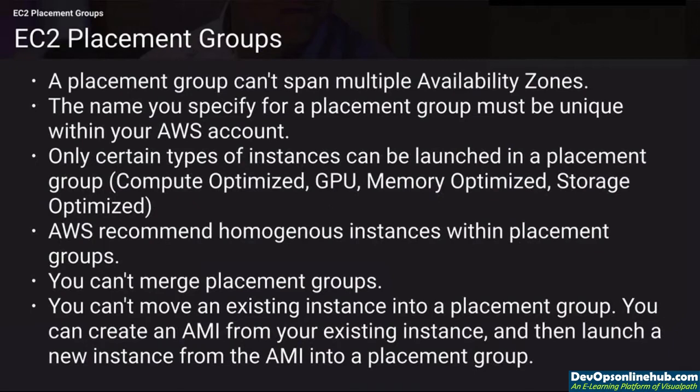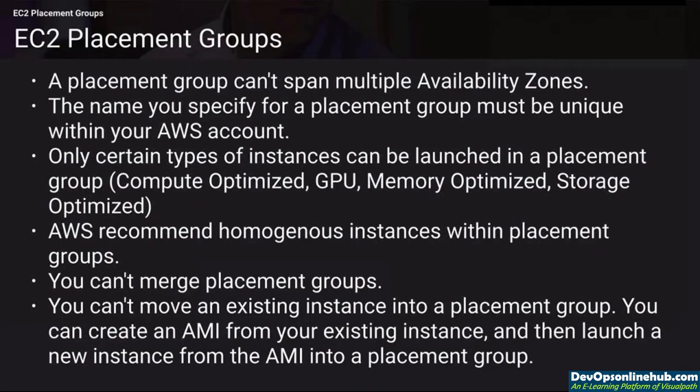As per the rules of placement group, if we combine 5 machines of only T2 micro, or only 5 machines of C4 large, or only 5 machines of R4 large, then it will give me a better output. But if I try to combine a variety of different EC2 instances into one, then it is not going to help me. Also, homogeneous means same family and the same operating system as well. So I cannot combine a Linux box and a Windows box together and then say I want a better output. Or I cannot say I want one CentOS box and one Ubuntu box and then add them to a placement group.